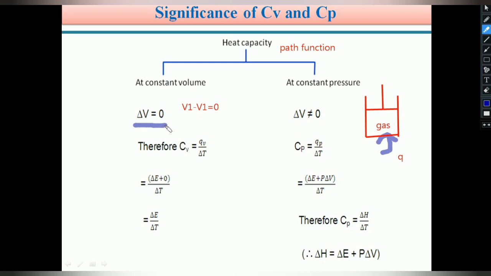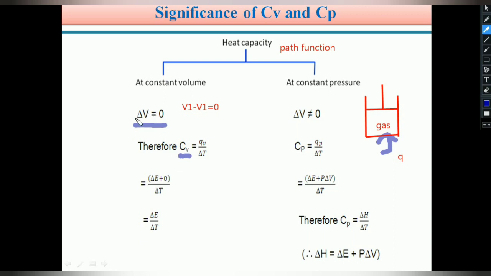According to the definition of heat capacity, C is equal to Q by delta T. Here we are calculating the heat capacity at a constant volume, which is why I denoted it with Cv, heat capacity at constant volume. According to the definition, the equation becomes Qv by delta T. But from equation 3, which I already showed you, students, Cv is equal to delta E plus P delta V by delta T. So that equation I substituted here.